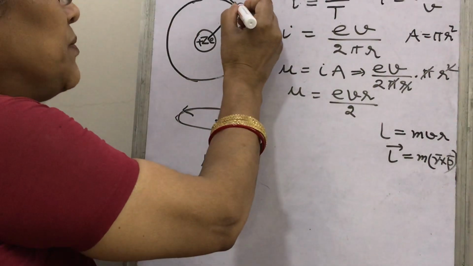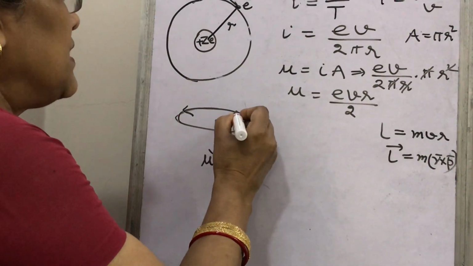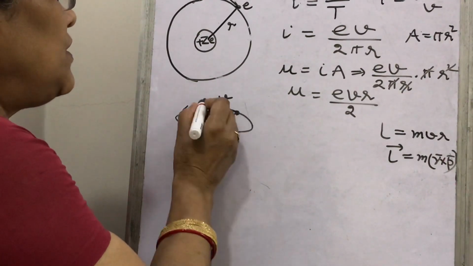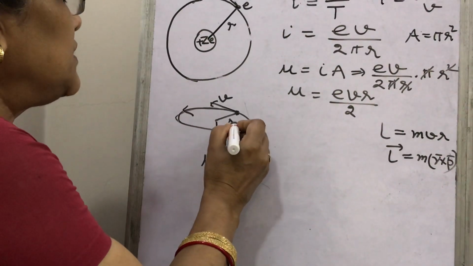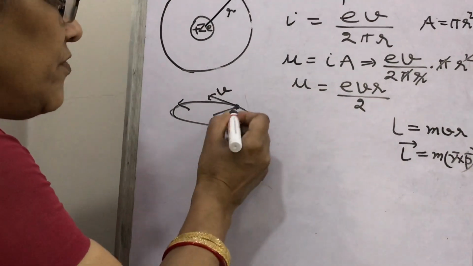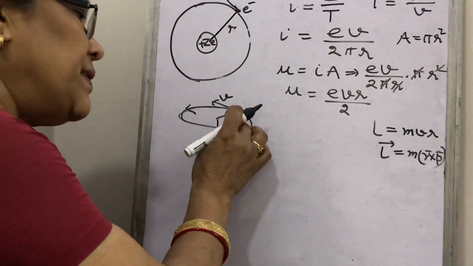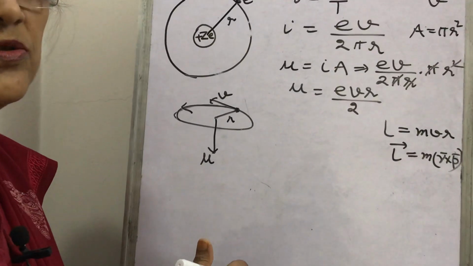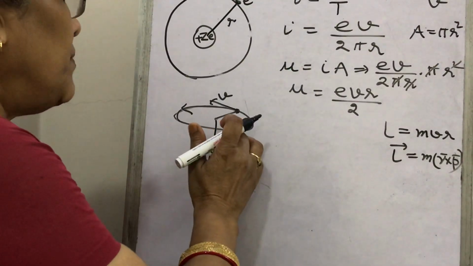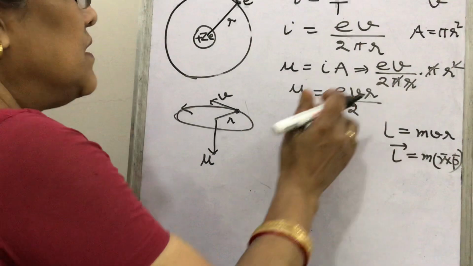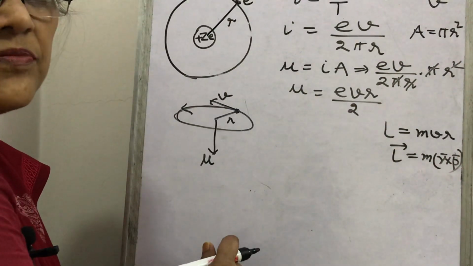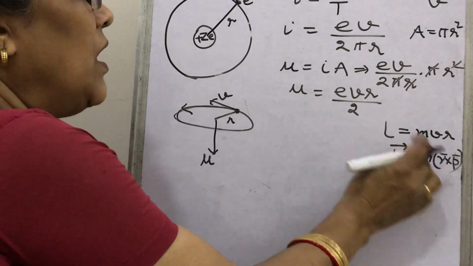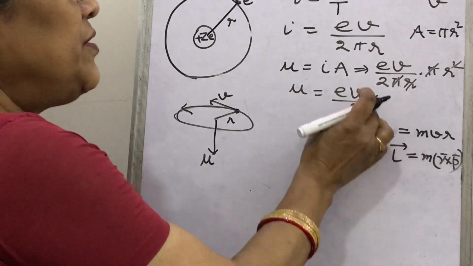Suppose in this diagram you can say that p is the momentum of the electron, with velocity v, so m v here. r is this. Both are perpendicular, r and v, in the uniform circular motion, and perpendicular to both is the angular momentum. So, what will be the direction of angular momentum here? You will see that it is perpendicular to both r and v. Now, look here that m v r is the magnitude of angular momentum.